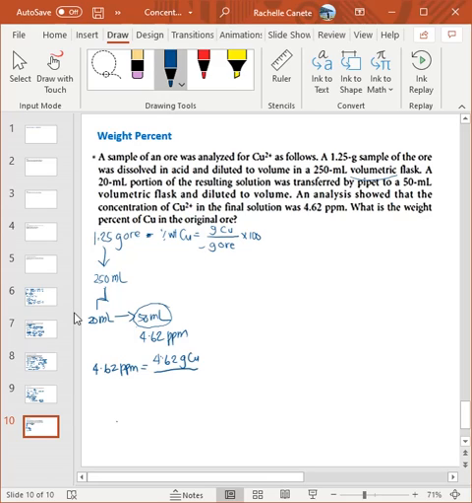present for every 4.62 grams of copper for every 10 to the 6 grams of solution. In this solution, right? Because this is what you analyzed, this is what you checked in the machine, what you put into the machine. And the machine told you that it's 4.62 ppm. Okay? So